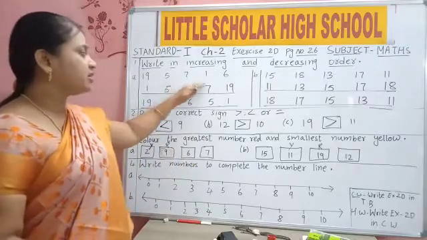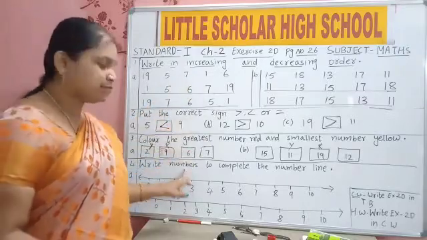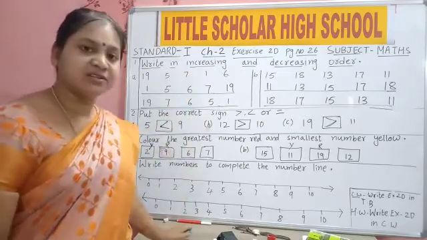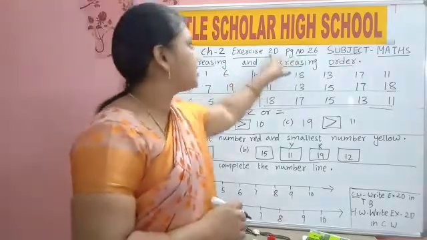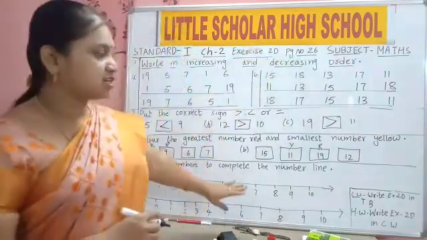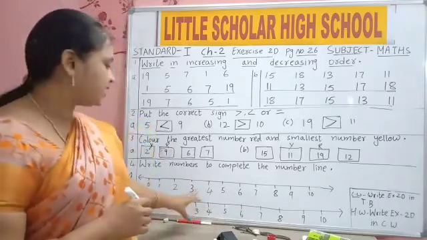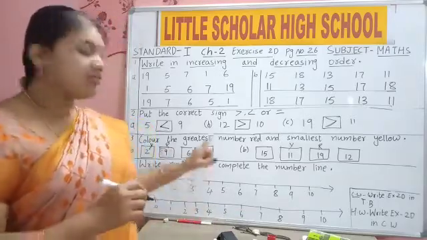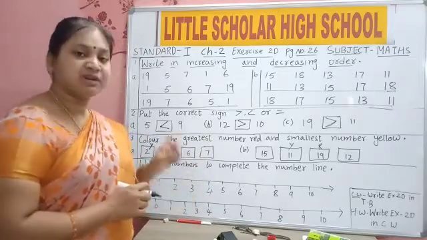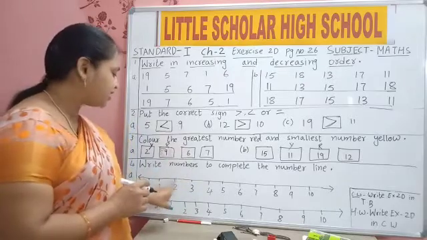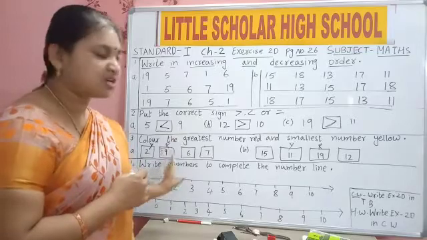So increasing order, decreasing order, second bit, third, color the boxes neatly and complete the number line. All this you will write first in your textbook, page number 26, Exercise 2D. Then from your textbook, copy it in your classwork very neatly. Draw the number line on the line, with a finger space gap between each number. Equal finger space gap should be there between the numbers.